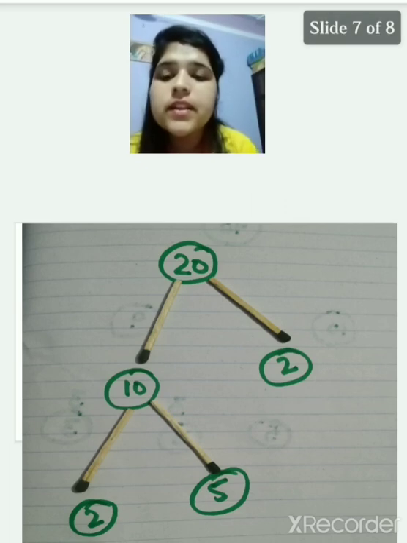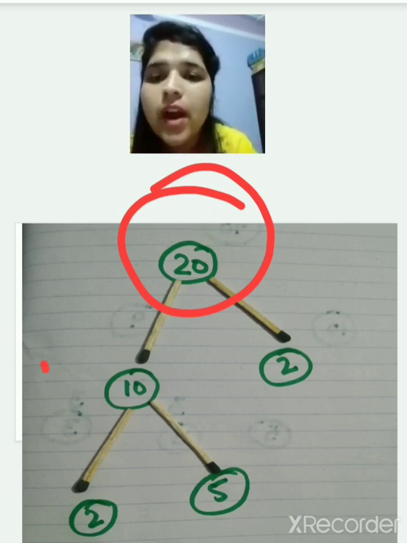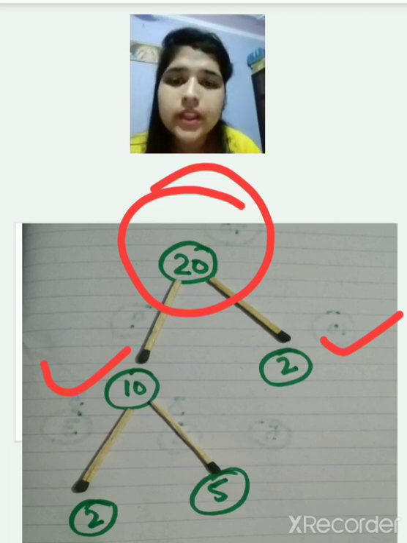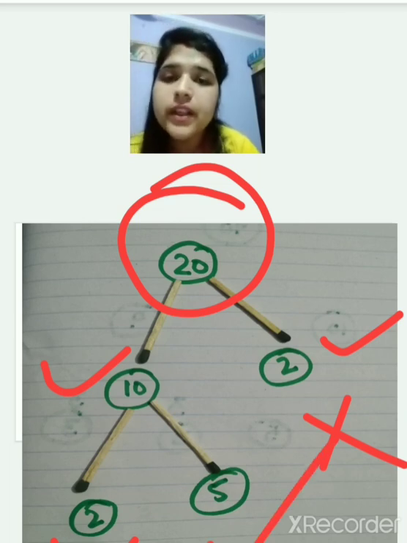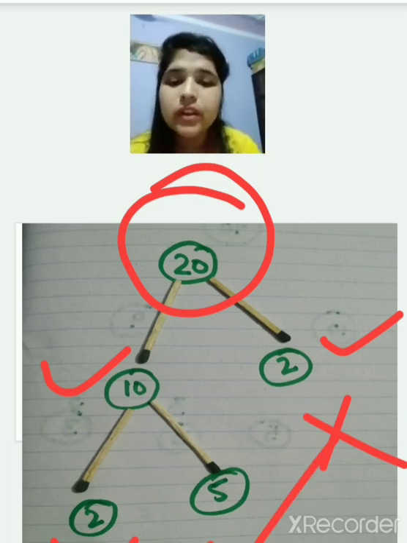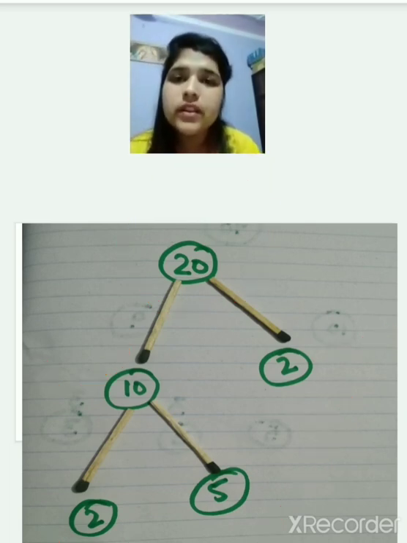Let's see the next, the factors of 20. See, this is 20. 10 times 2 is 20 and 2 times 10 is 20. In the same way we have to break. I have broken 10 times 2 is 20. Now 2 is a prime number, we cannot break it more. So we have to break 10. Now 10 will become 2 times 5 is 10. Both are prime numbers, so we cannot go further. So this is the factor tree method.